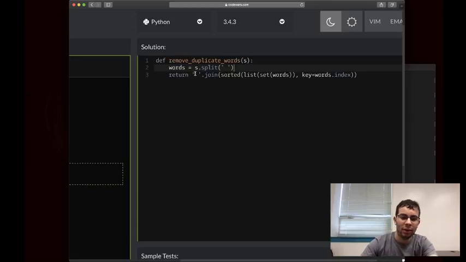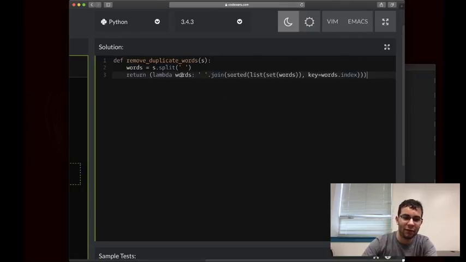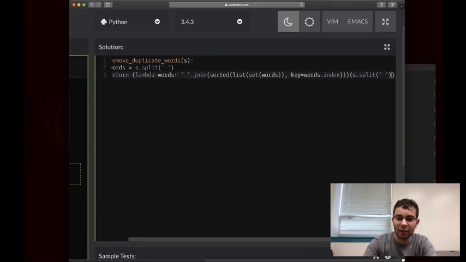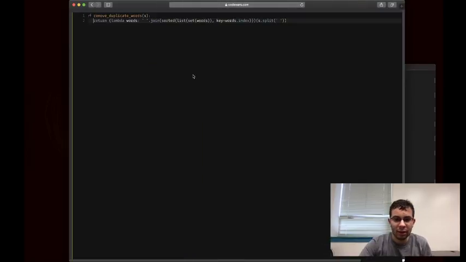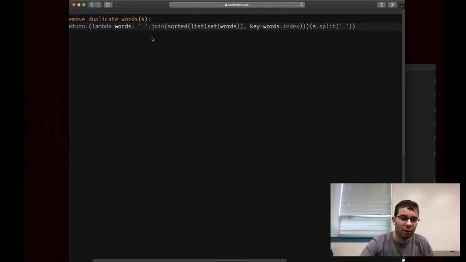But what I can do is wrap this entire thing in a lambda function like this. So now I have this variable called words defined. So I wrap this whole thing in a lambda function. This is in parentheses. And then after the lambda function, I call the lambda function immediately, and I pass it s.split like that. And now this is a one-liner, right? So now this is a one-liner because